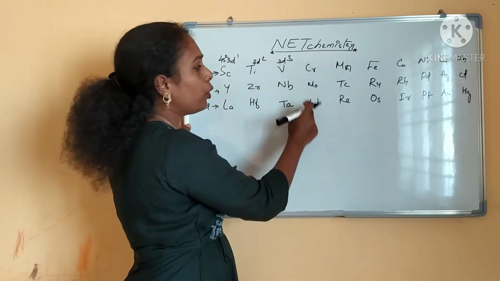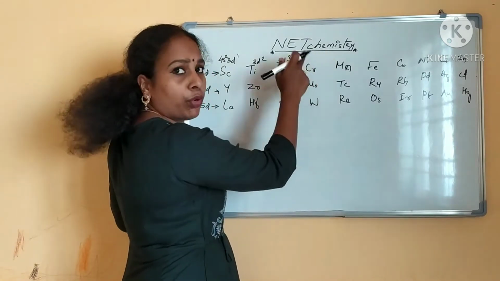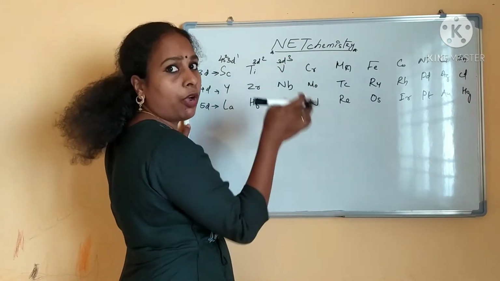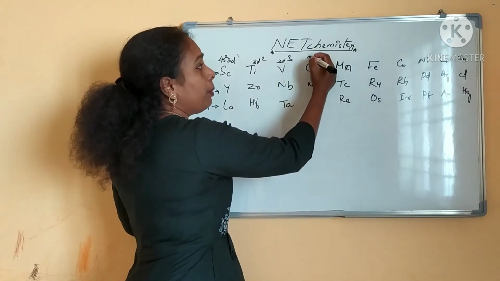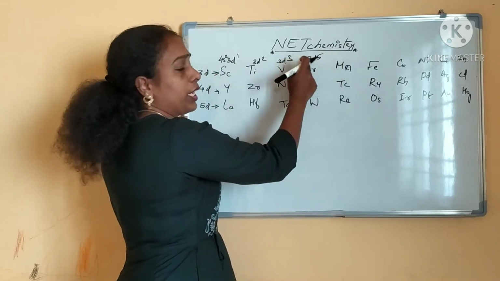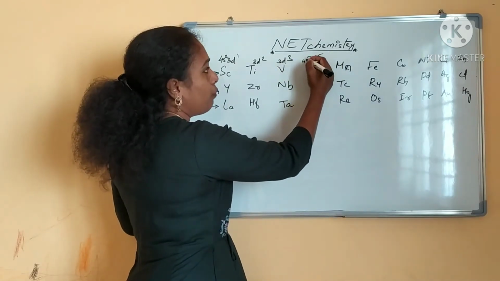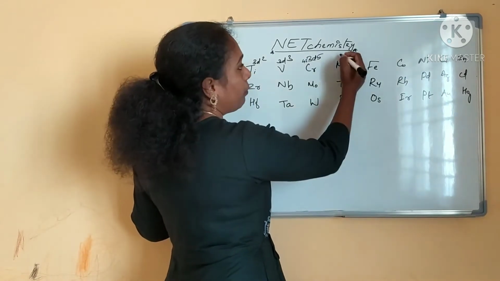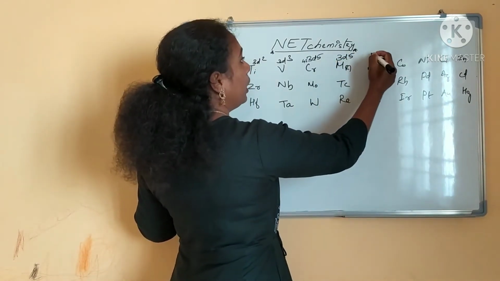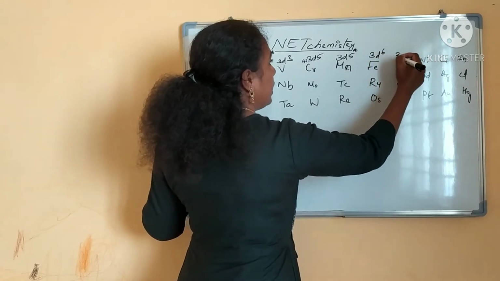And here chromium, molybdenum, tungsten, if you are taking D4, actually it has to come because half-filled electrons will give you extra stability. So what will happen? It will become 3D5, right? 4s1 3d5 it will become, instead of 4s2 it will become 4s1 3d5. Then manganese, technetium, rhenium, if you are taking again 3d5 only, 3d6, d7,